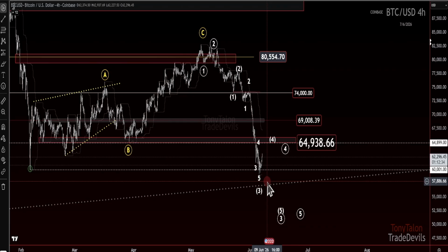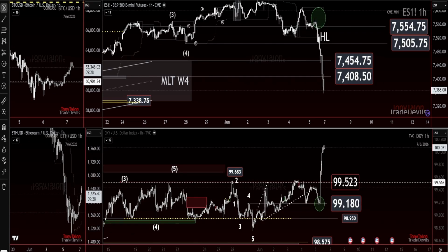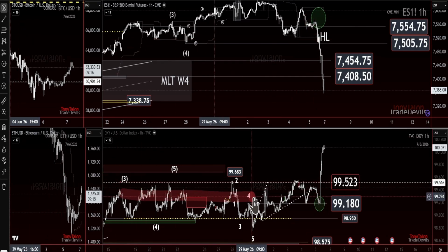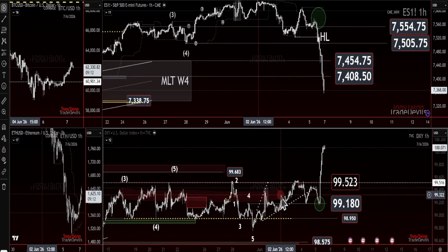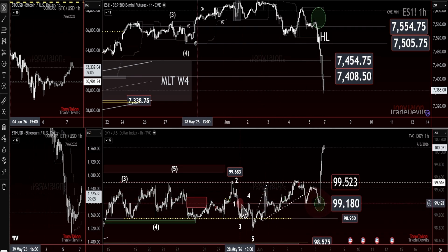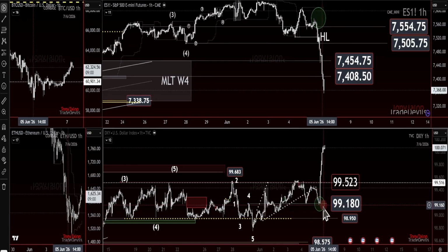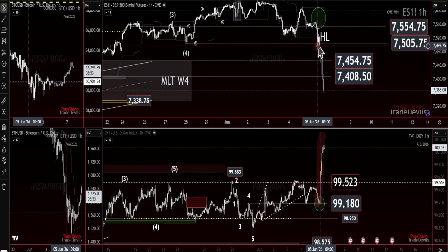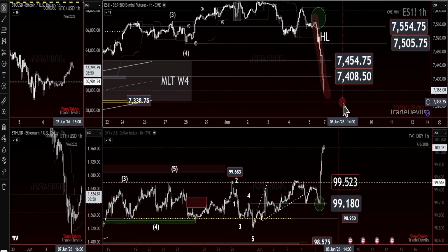Let's go ahead and check out the correlations and see if we're going to get some help or hindrance from them. All right, starting out here with ES and DXY, up side by side or mirrored. See that the pop happened here at the same time, based off of news. I think the dollar was going sideways because it didn't know what to expect from the new Fed chair. But I think the news drop on Friday solidified what the market thinks is going to happen now. Based off the numbers, it's going to send the dollar up, and we got a move to the upside on the dollar, which caused ES this dump and I think exacerbated the move on Bitcoin